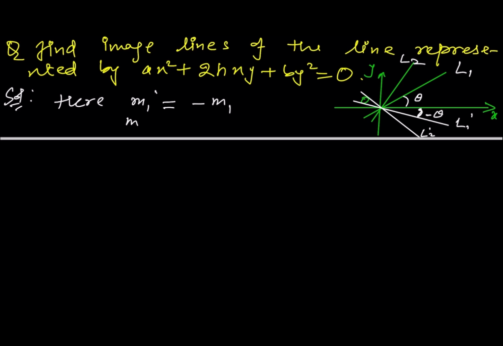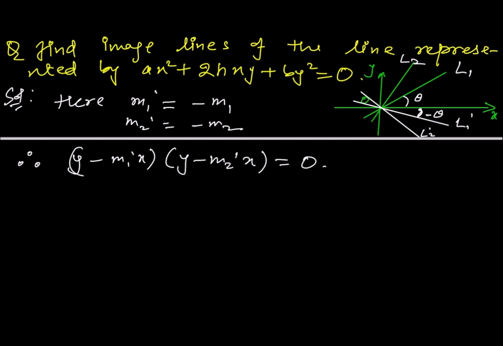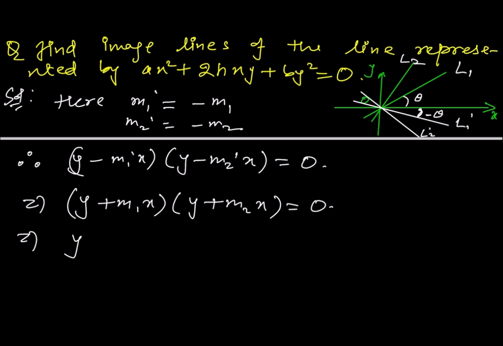So m1 dash is minus m1 and m2 dash is minus m2, right? So the required pair will be y minus m1 dash x into y minus m2 dash x is equal to 0, right? Or y plus m1x into y plus m2x is equal to 0, or after multiplying, this will be y square plus